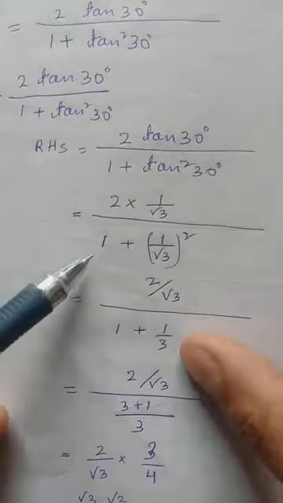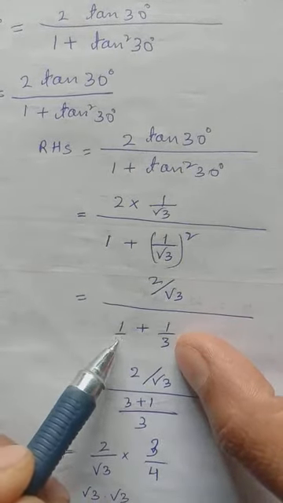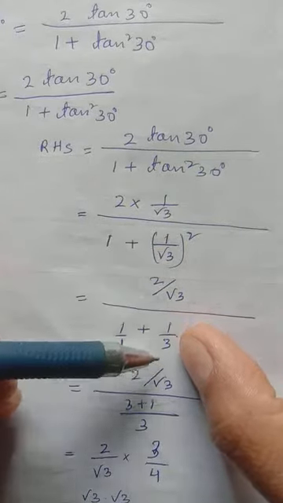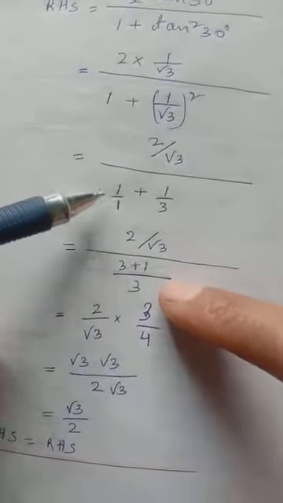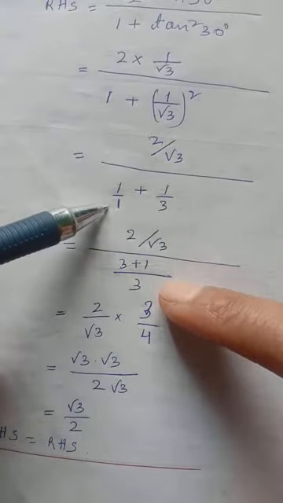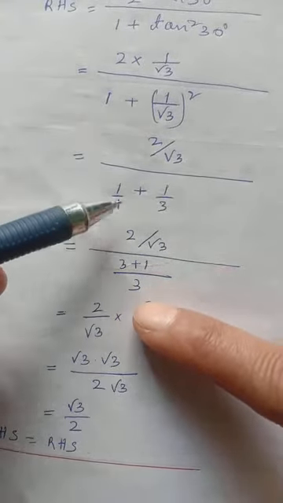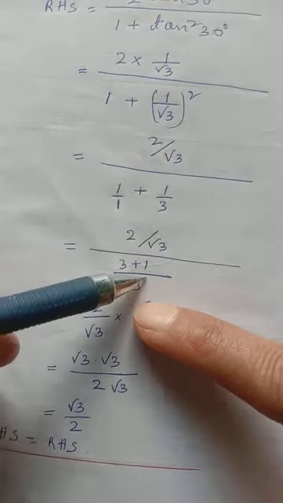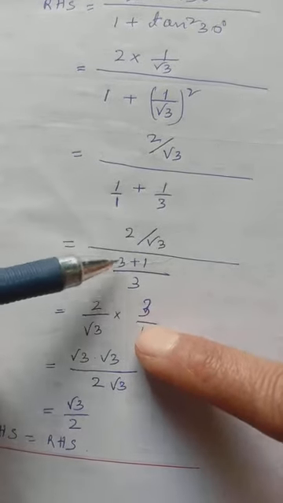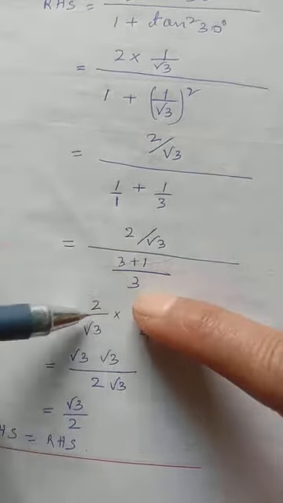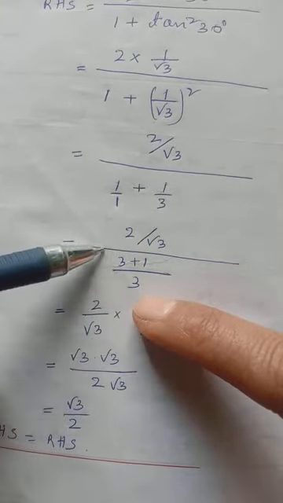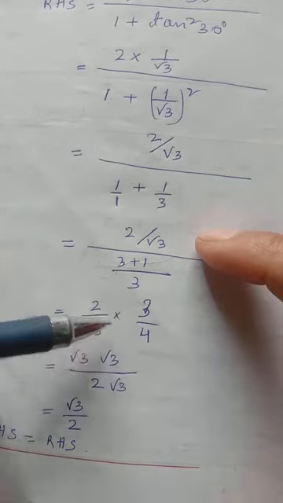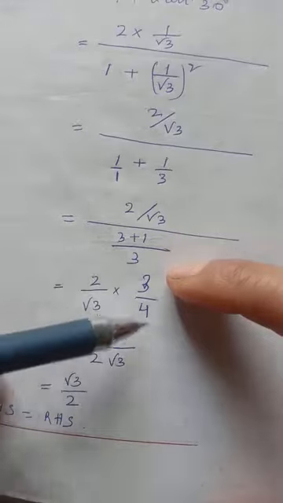Let's leave it like that first. For the 1 here, with no number, we can write 1 to complete the fraction. 1 into 1, 1. Root 3 into root 3, 3. So now numerator, leave it as it is. Denominator, you can apply LCM. So 1 and 3, LCM will be 3. 1 divided by 3, 3. 3 into 1 will be 3. 3 divided by 3, 1. 1 into 1, 1. So 3 plus 1 will be 4 by 3. So this one, bring it as it is. 4 by 3, it is divide. If I change it to multiply, it will come upside down. So 2 and 4, we can cancel. 2 divided by 4 will give 2.